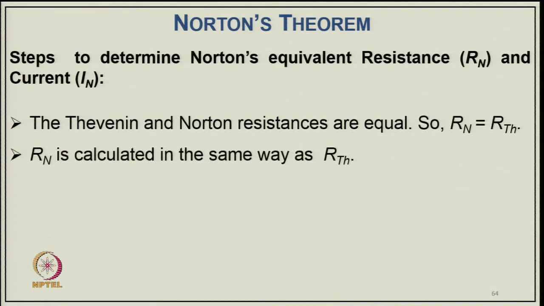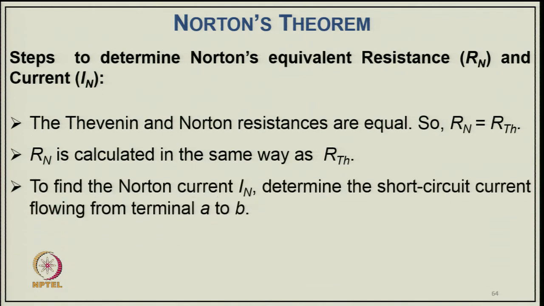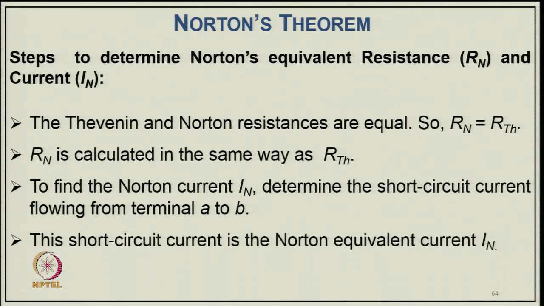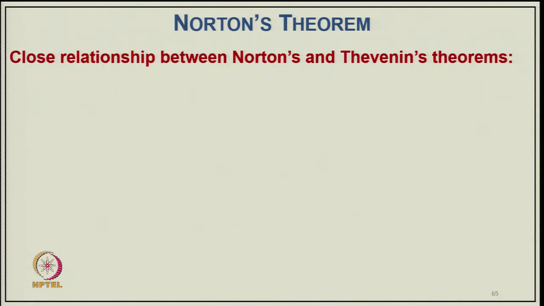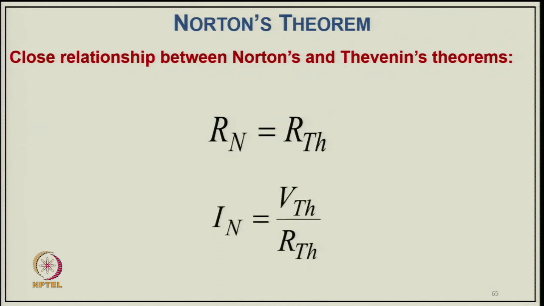So, RN is calculated in the same way as the RTH, and to find out the Norton current IN, determine the short circuit current flowing through the terminal AB. This short circuit current is the Norton equivalent current IN, that is IN equal to ISC, the short circuit current across the terminal. So, there is a close relationship between Norton and Thevenin theorem, we can call it RN equal to RTH and IN equal to VTH